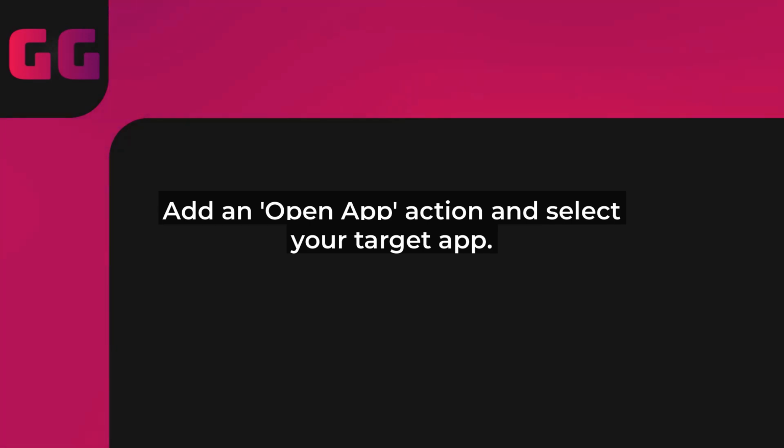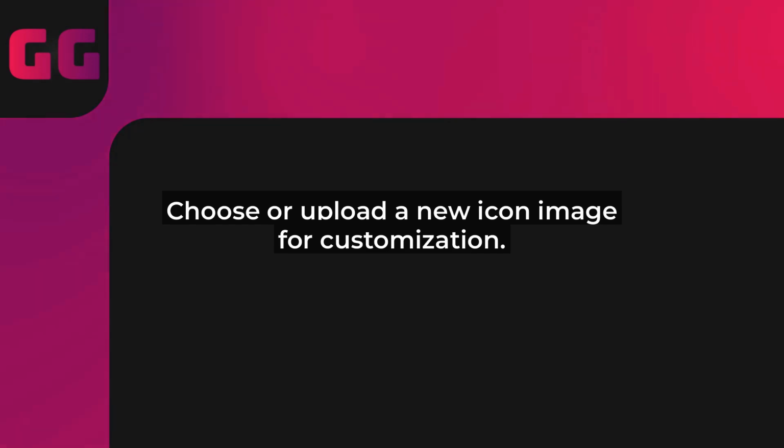Next, search for the Open App action and add it to your shortcut. Select the app you want to customize, like Safari or Messages. Now, for the fun part, tap on the Shortcuts icon in the editor and choose Photo to select a new image from your gallery. You can use any picture, a downloaded icon, a photo you edited, or even something from